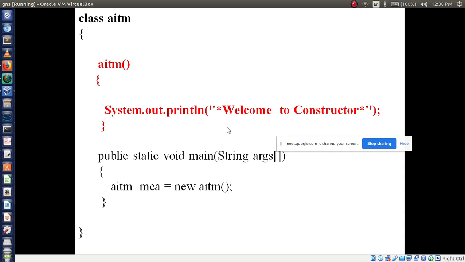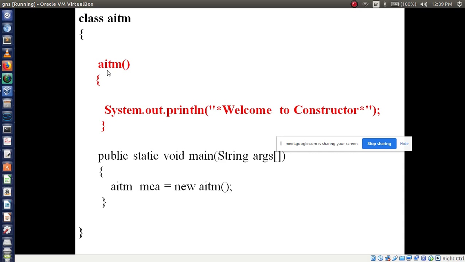Now, before going to discuss the types, let's see this. Here I have given a class named AITM. What is my constructor name here? How are you going to identify the constructor? Because the class name and method name are the same, we can call it a constructor, right?